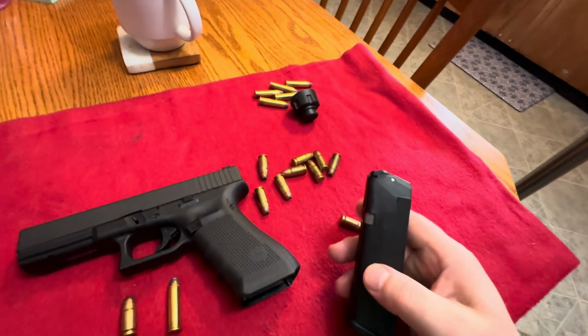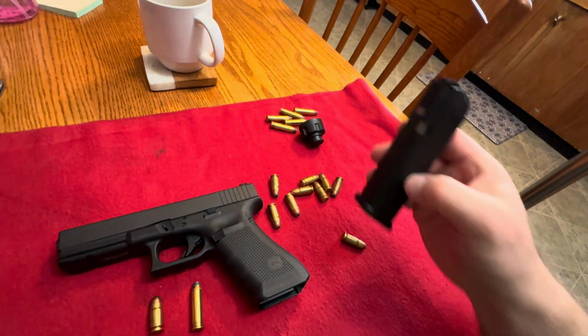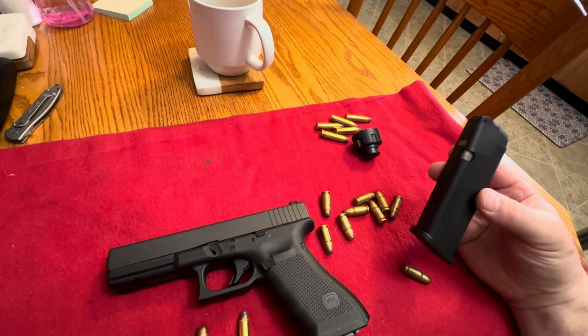Maybe it's doing it earlier now because it's breaking in. Maybe it's a break-in issue, because I've only dumped these mags about 5 or 6 times, and I've only shot 2 magazines out of it. But